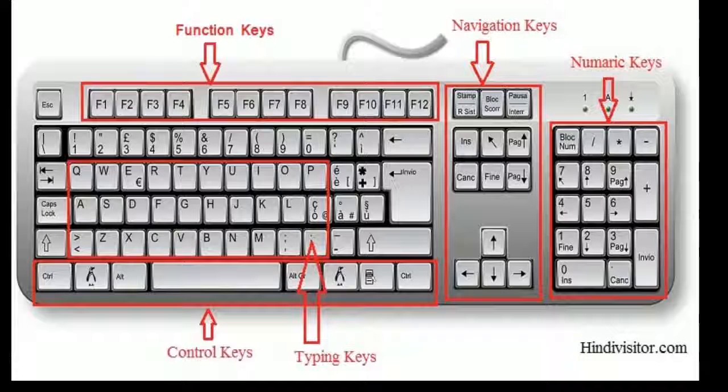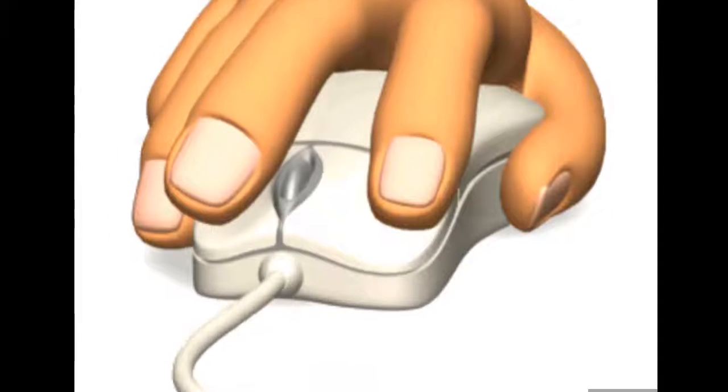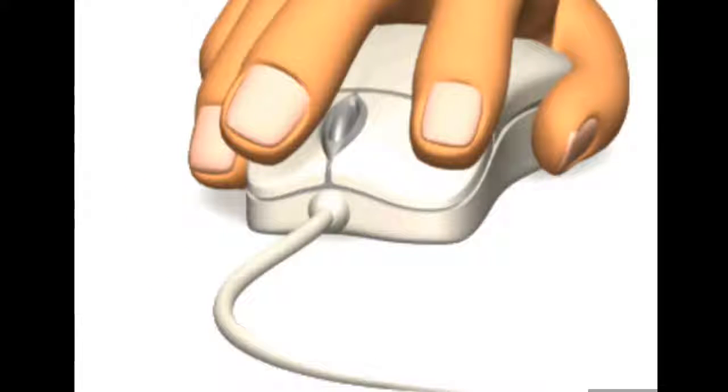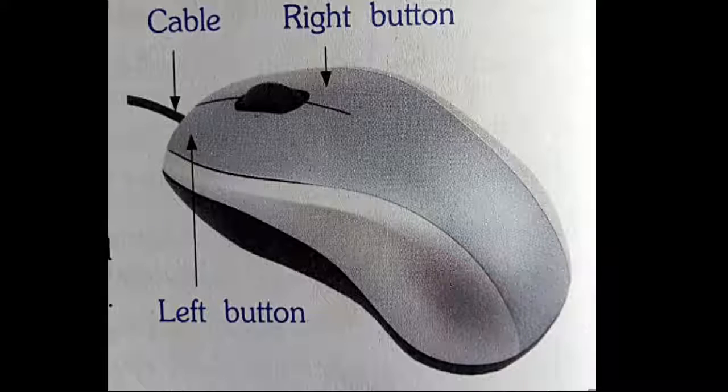The next input device is the mouse. The mouse is a pointing device with a roller on its base. It is a plastic device with two or three buttons on it. The left mouse button is the most frequently used button on a mouse. The mouse is kept and moved over a mouse pad on its underside. The mouse controls the movements of a pointer. The pointer on the screen is called the mouse pointer.